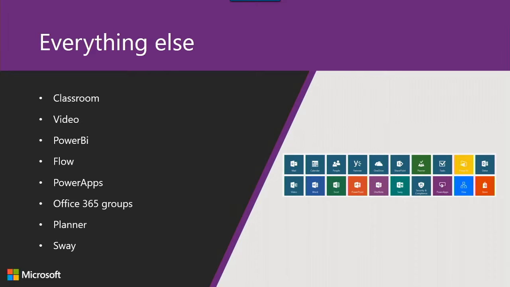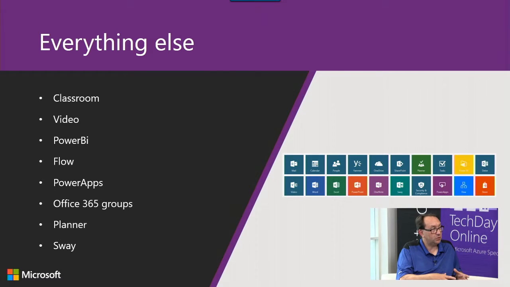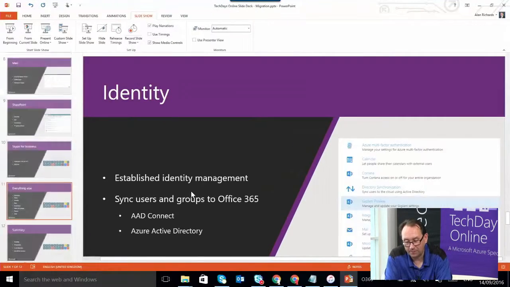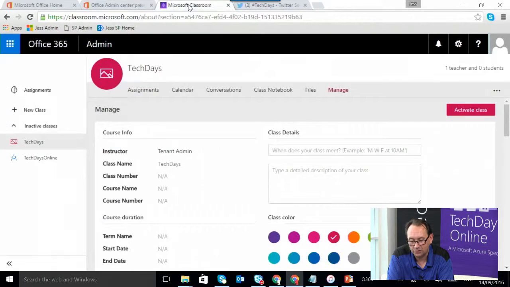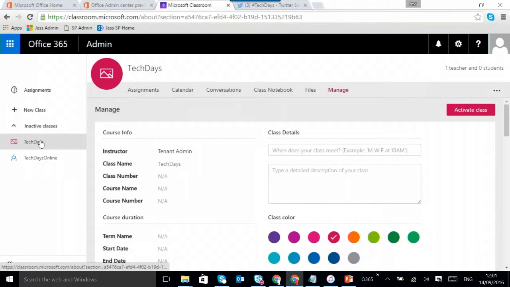And on here, obviously, I've got a long list of some of the things that are on there. So the latest and greatest thing from Microsoft is Microsoft Classroom, which from an education point of view is a big win. And they're really pushing this hard, and they're really pushing the education remit within Microsoft. So the idea behind Microsoft Classroom is, I think I've got a very basic classroom here, which has actually got no students in it, but it looks fairly straightforward. So what does Microsoft Classroom actually do?